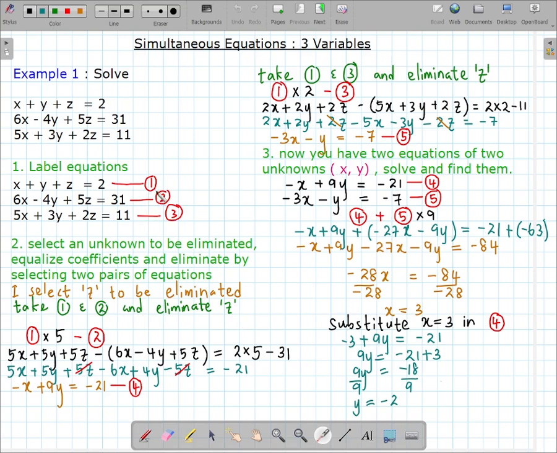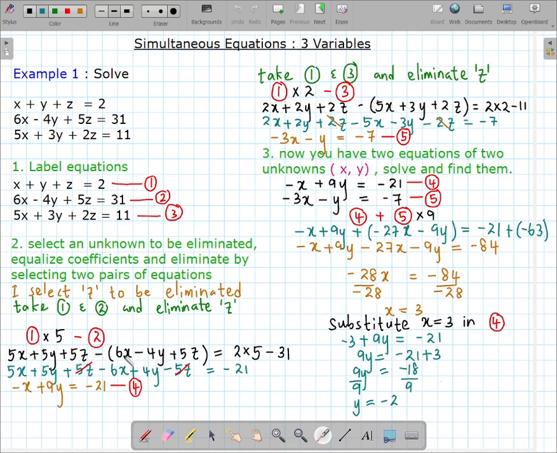If you take equation 1 and equation 2, you can see the coefficients 5 and here 1. So to equalize the coefficients, equation 1 must be multiplied by 5. So we have to multiply the first equation by 5 and subtract equation 2. When you multiply the first equation by 5, you get 5x plus 5y plus 5z, subtract,